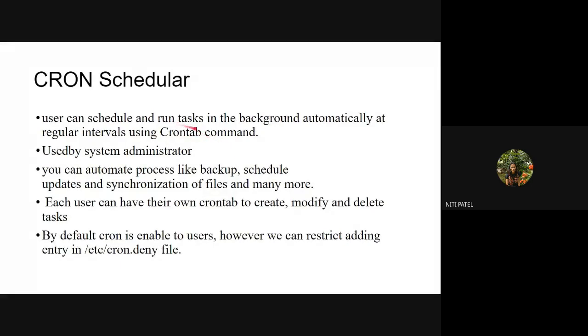So with the help of this command, a user can schedule that at 12 o'clock a backup of the ABC file will be taken, and at 1 o'clock a backup of the XYZ file will be taken. So I have kept a regular interval of 1 hour, that is, first backup at 12, then next backup at 1. So all these backups will be happening automatically in the background with the help of what? With the help of this crontab command.